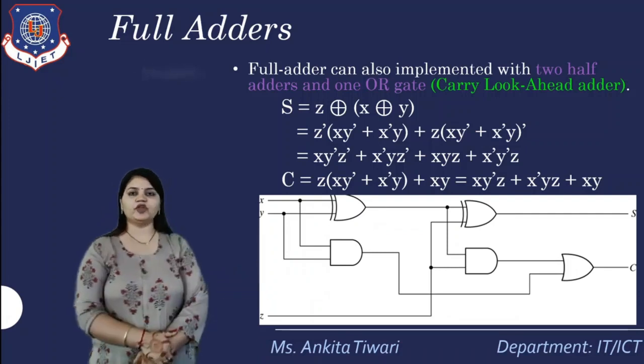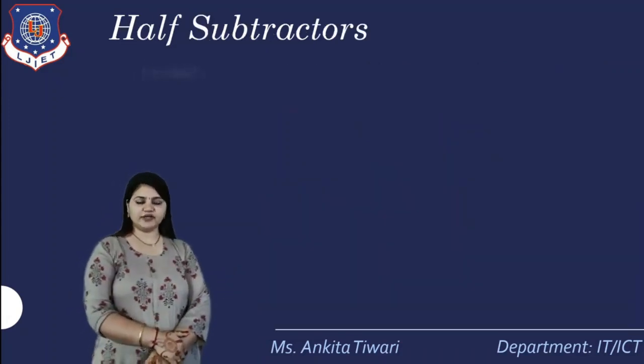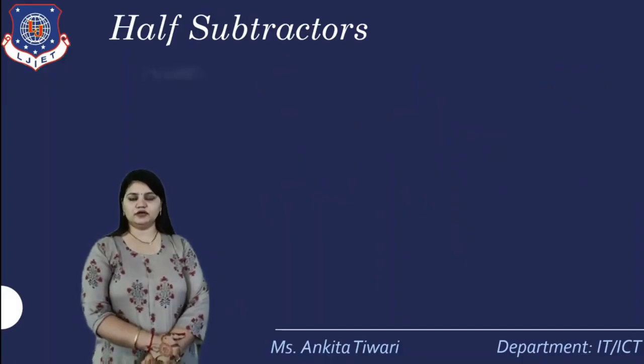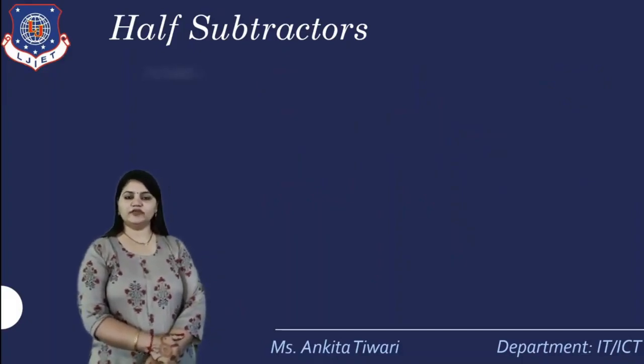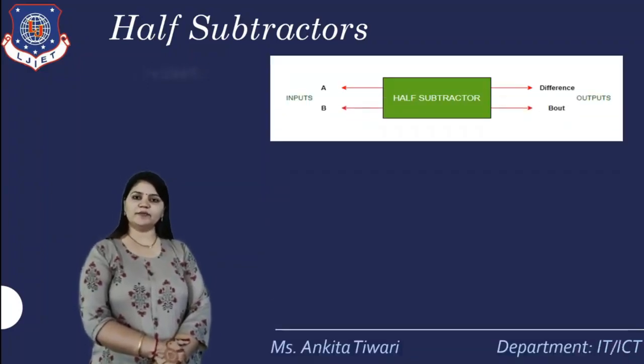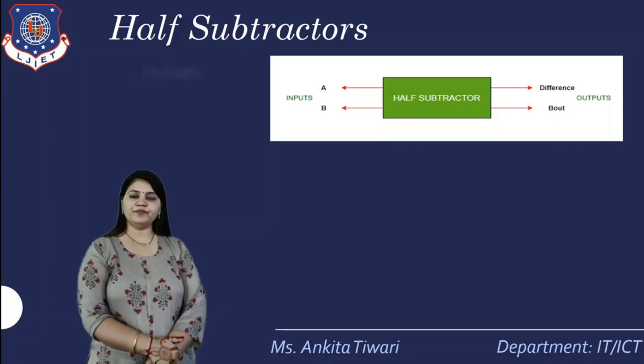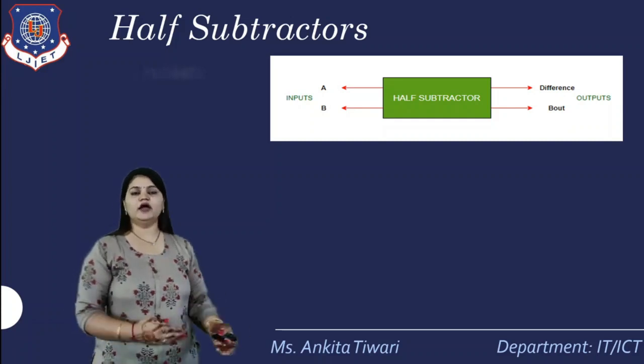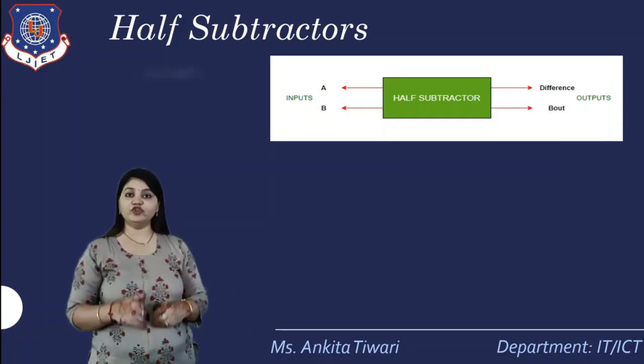And this is the circuit diagram for the full adder. Now after full adders, we have the half subtractor. The next topic we have is subtractors. Subtraction means subtraction of 2 numbers. The same thing is defined in the combinational diagram. So here inputs and outputs. If I'm talking about input, we have 2 only.